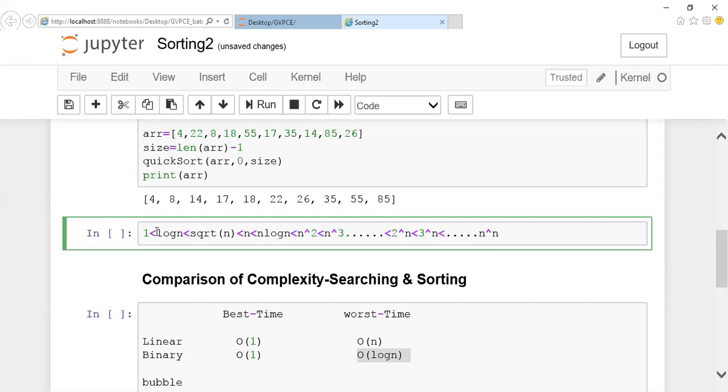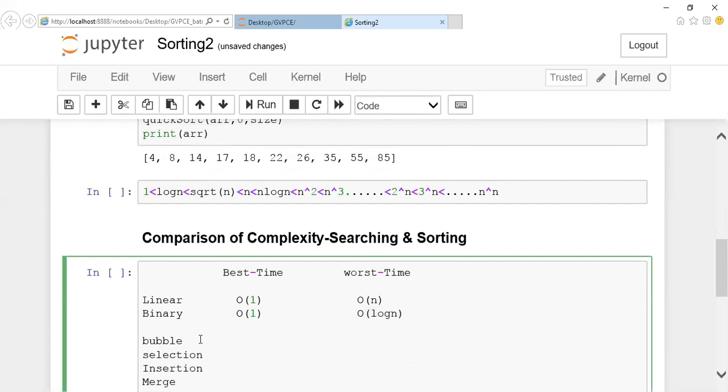And you can notice that the worst case is n in case of linear search, but in case of binary search, log n is the worst case. So compared to binary search, linear search is a better one. And in case of bubble sort, your best case will be order of n. Okay, best case in the sense of minimum number of iterations, only one swap has to happen like this. It is the best case. We are taking it. Okay. And the worst case is big O of n square.